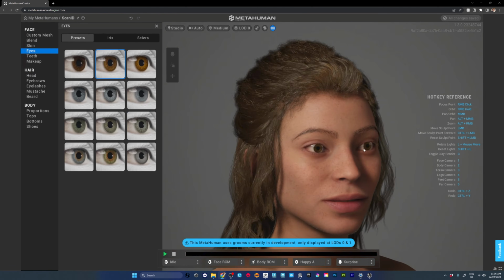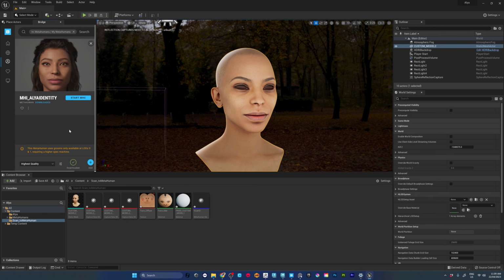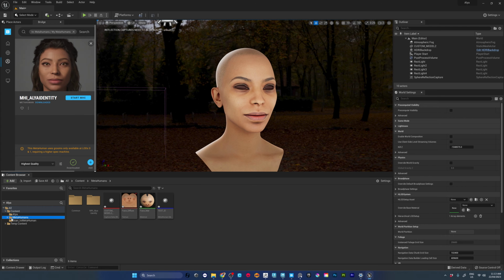That's cool. So when you're done editing in the Metahuman Creator, the live link to Bridge that will be in your Unreal will automatically update your metahumans for you in here. So what we can do is then download them and then add them to the scene. This was one that I edited before, which is the character that I'm currently working with. Just say yes. Okay, so when that has downloaded and imported into the scene,